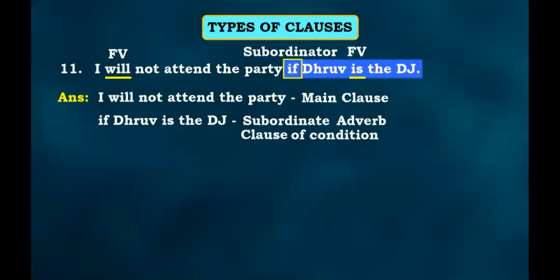Now, first I will check for noun. Noun answers the question what. उसके बाद adjective देखते हैं. Adjective answers the question which. Now these two are really simple. Then we come to the 9 types of adverb clauses, for which we have questions for the first 4. Adverb clause of time, you ask the question when. Adverb clause of place, you ask the question where. Adverb clause of reason, you ask the question why. And for manner, we ask the question how.